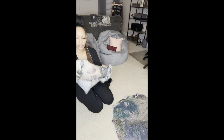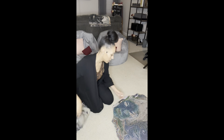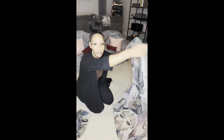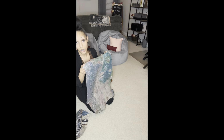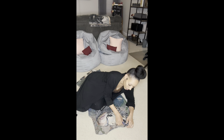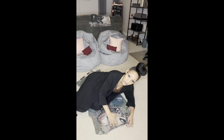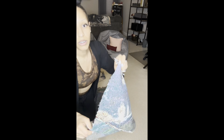All right, so now we have a hood and we've sewn our shoulders together. Okay, so now we're gonna attach our sleeves and our hood. We're gonna pin those together. We are pinning wrong side to wrong side. So you start wrong side of the bodice to wrong side of the hood. And you're going to pin this